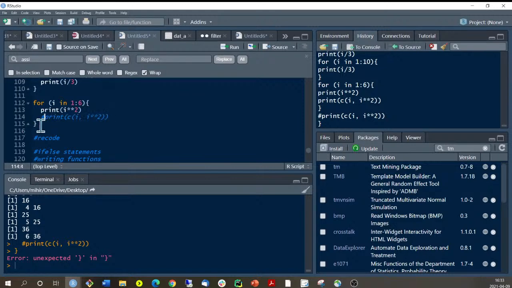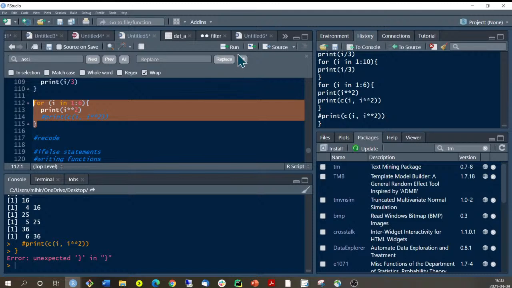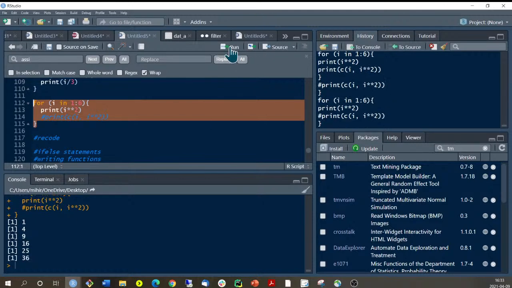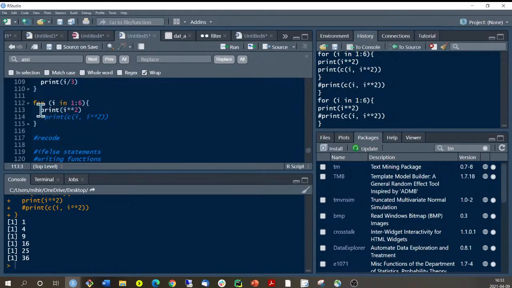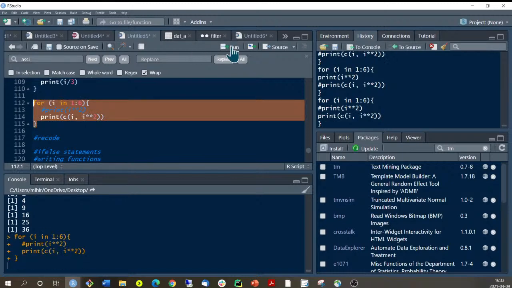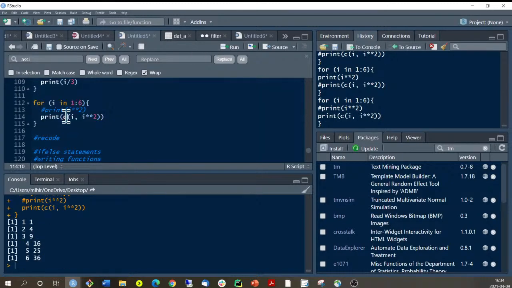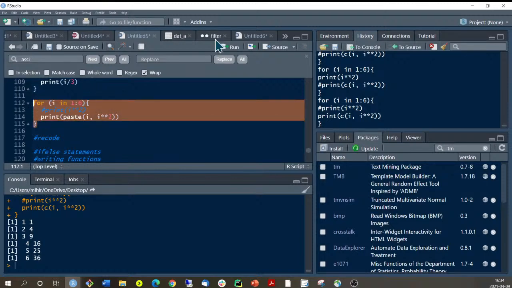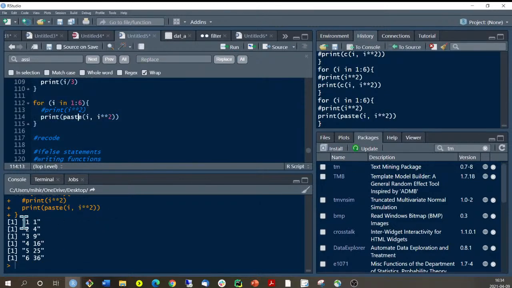If I turn this off, it should work that way also. Yeah, okay, so it's giving me I square, but if I turn this off and then print this one, it will be concatenating the same way as I did with paste, for example. I mean, paste may not work because I had... maybe it works, but let's see. Yeah, it works, but paste is mainly giving it this kind of signs. It's making it a string, so it's like the square of 1 is 1, 2 is 4,